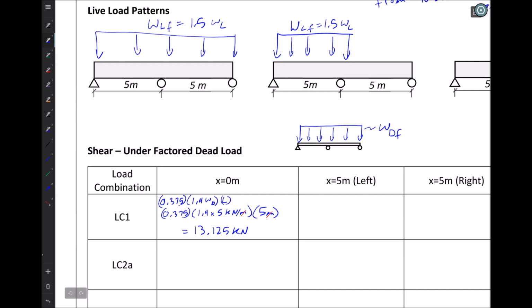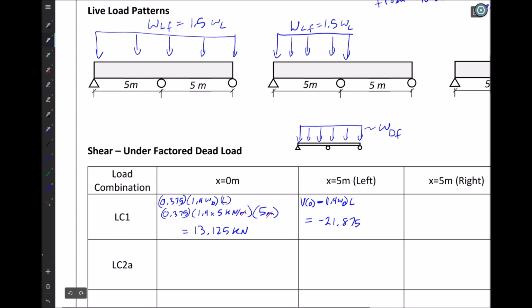So at 5 meters to the left of the support, if we have a known value of shear here, and now we drop down to a value of shear at this location here before we jump up from that reaction point and back down again, the distance from here to here is going to be the magnitude of load multiplied by the length over which load is applied. So we can take the value of shear at x is equal to 0 minus 1.4 WD times 5, or times L. Let's keep variable format. And if we plug in the values for that, we're going to end up with minus